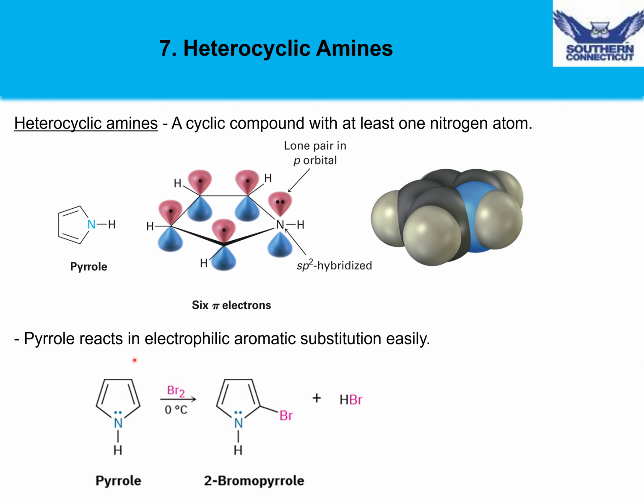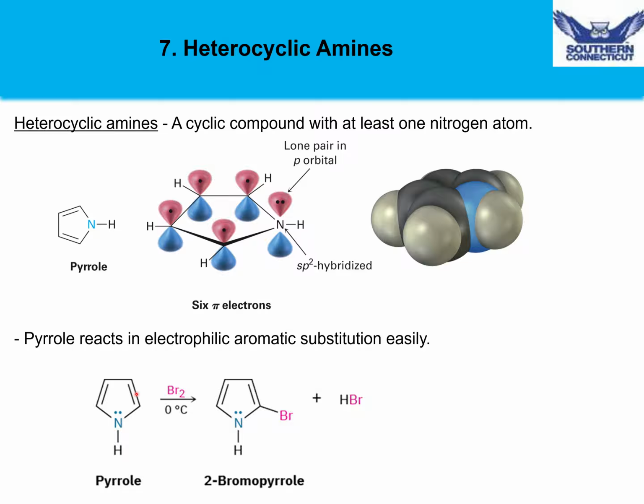Pyrrole reacts with different electrophiles in electrophilic aromatic substitution reactions. For example, if we mix it with Br2, we'll get a bromination at the second carbon of pyrrole. Now, this reaction actually occurs faster than benzene, since pyrrole is considered a more electron-rich aromatic ring, in part due to this nitrogen, which the lone pair can be donated as shown here. So the lone pair will push electron density this way, the double bond will move this way, and that means